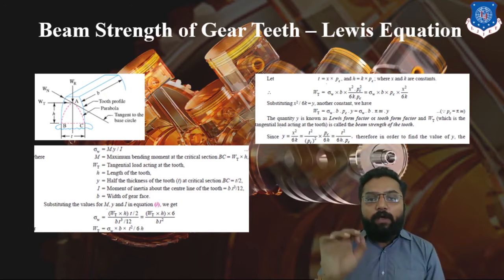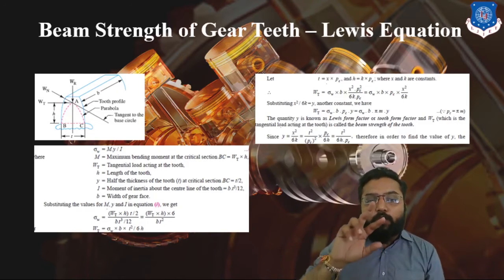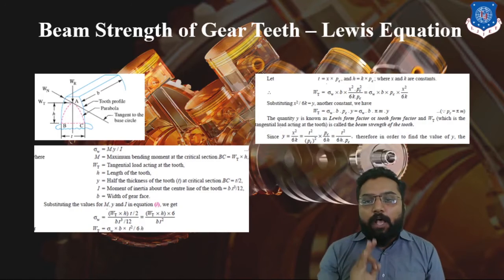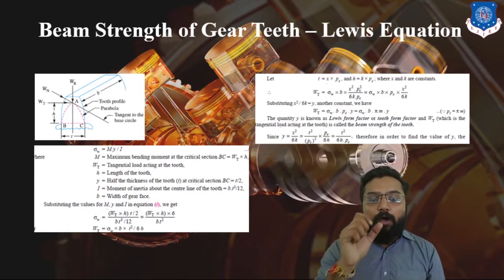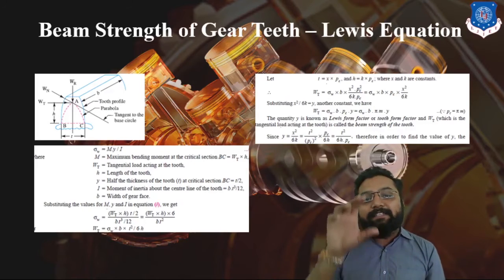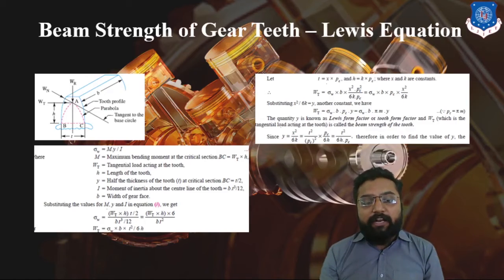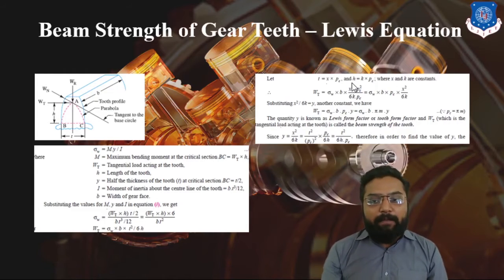So it should have a sufficient condition for that circular path. To consider it as a circular path, we have to convert in terms of the pitch circle. To convert into the pitch circle, we have to divide by some fraction, and here that fraction is x. To convert this height into a relation with the pitch circle, we have to divide it by k. So ultimately, t will be x into pc, and h will be k into pc. So ultimately, put this into that equation.